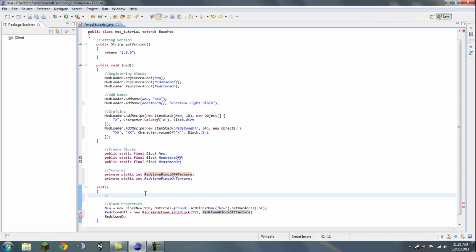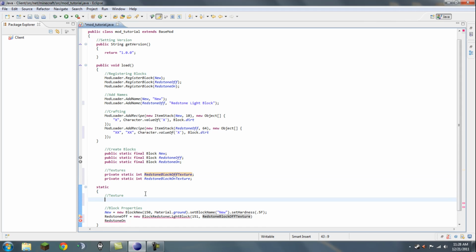So we'll do just texture, and so we'll do redstone. Let's just copy this. I don't feel like typing it. Come on, there we go. And we'll do is equal to ModLoader.AddOverride,